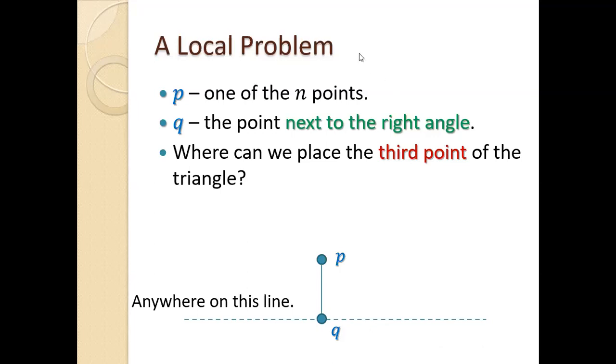Put a point on that line. Let's put one just to see an example. If I put my third point here, I get a right angle triangle where the right angle is next to Q, or any other place on this line. If I put a point anywhere else, it would not work. It's exactly the points that are on this line. Do you see this? Does it make sense to you? Let me know if something is not clear.